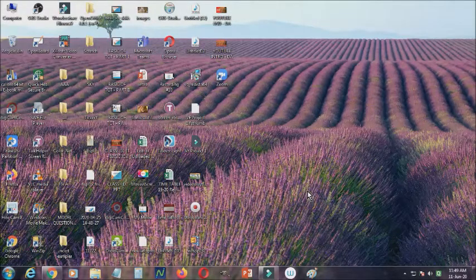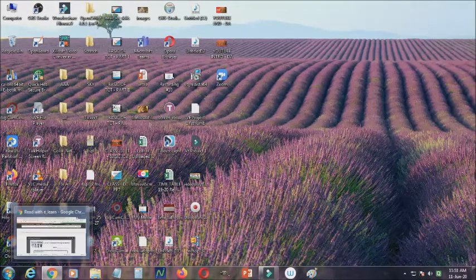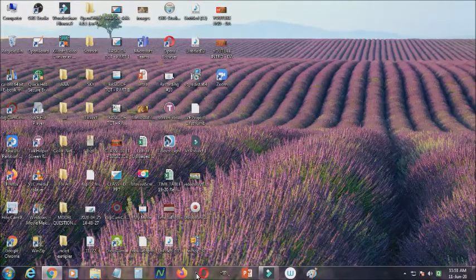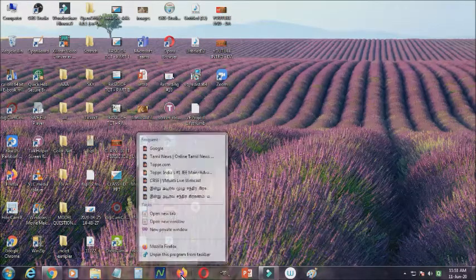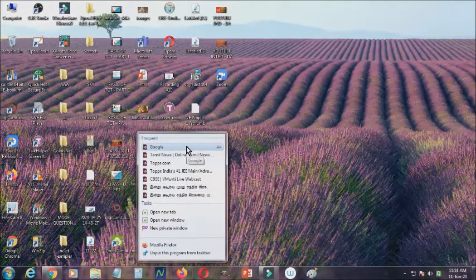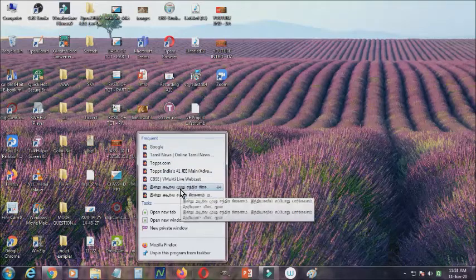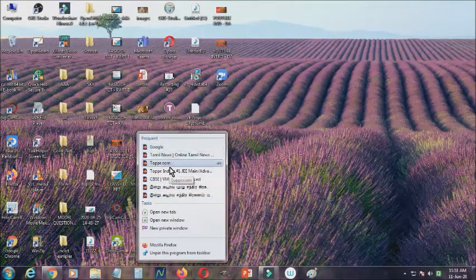Another one, we can see the jump list. Jump list means, you can see that there are so many taskbar menus here, meaning I added so many programs to the taskbar. If you want to open a previous program, you can go directly to the program and right click it. So this is called a jump list; whatever you opened previously will appear here.